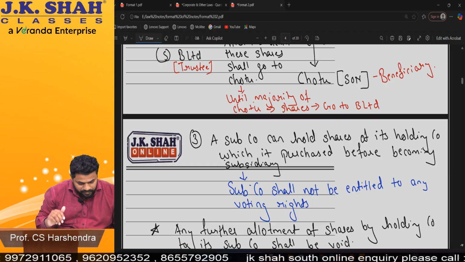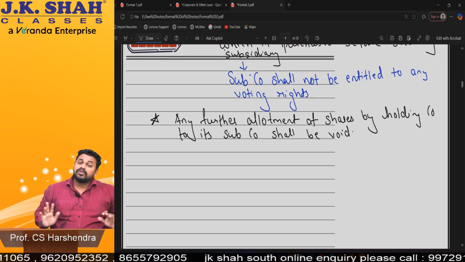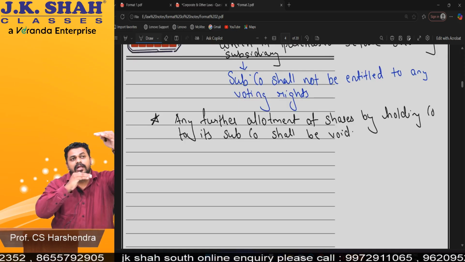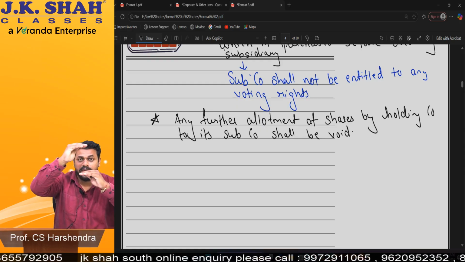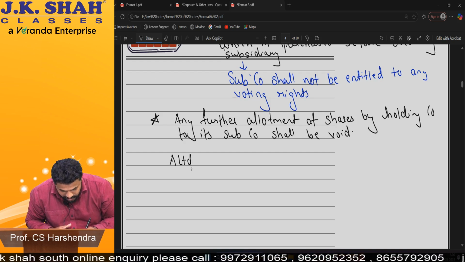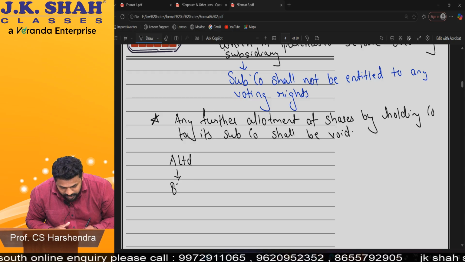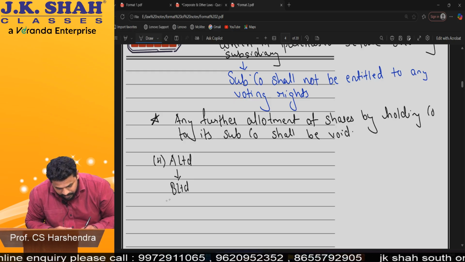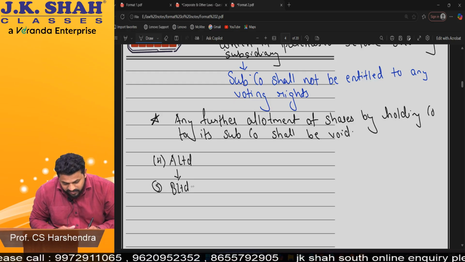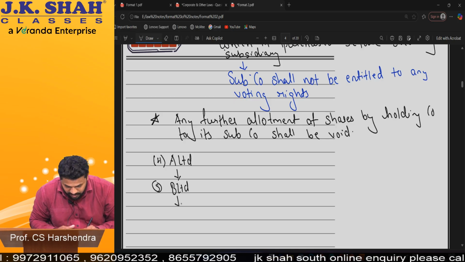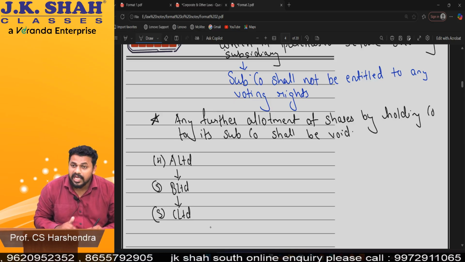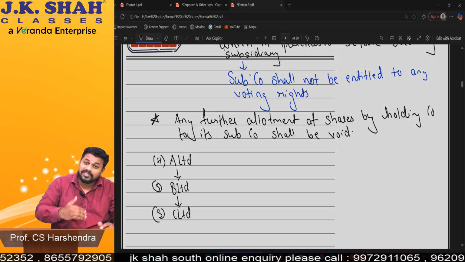Everyone? Sure. Now some people have one question because there is a line given in the book. People ask me, sir, like A Limited is holding and B is subsidiary. I'll write it here. A Limited is the holding of B Limited. Okay, this is not Section 19, this is separately given. So this is the first layer of subsidiary, B Limited. B Limited has a subsidiary C Limited. This is the second layer.